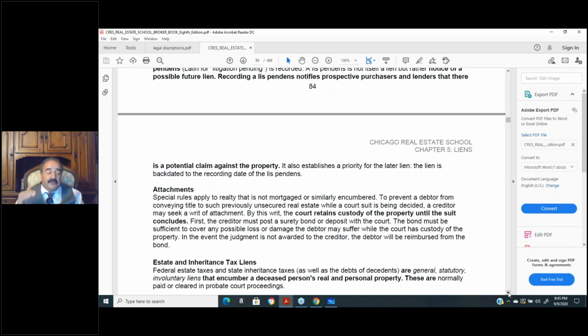Well, what happens if someone tries to hide their assets? The courts could actually attach or seize my assets. They say, give your friend back the $500. You take your $10 million and the courts will control it, and you deal with the lawsuit. You're not going to be able to hide your assets. That's what an attachment is.